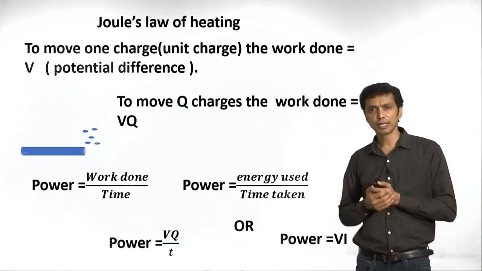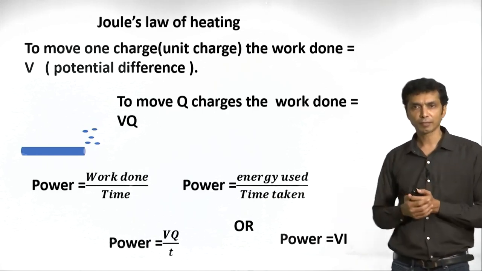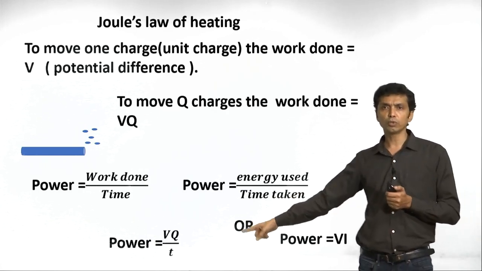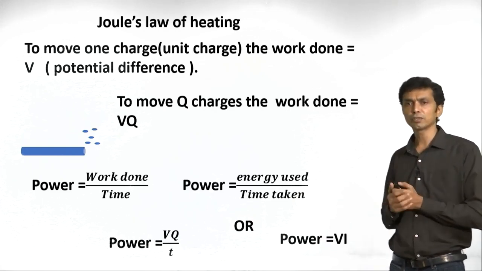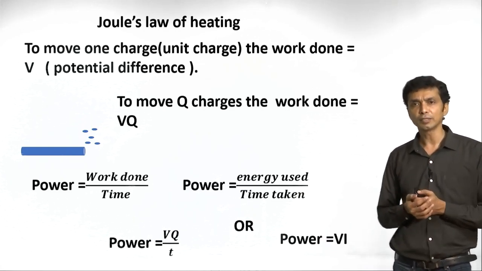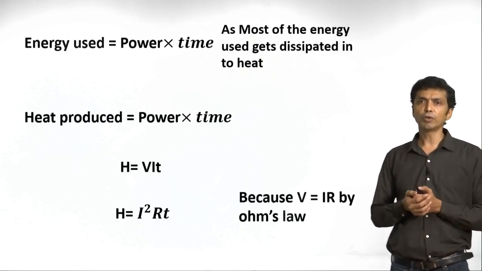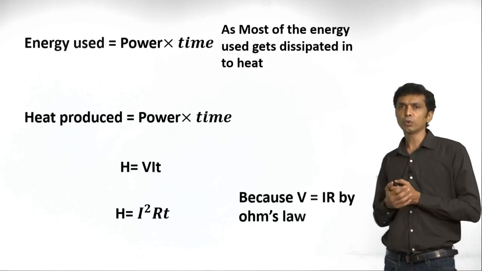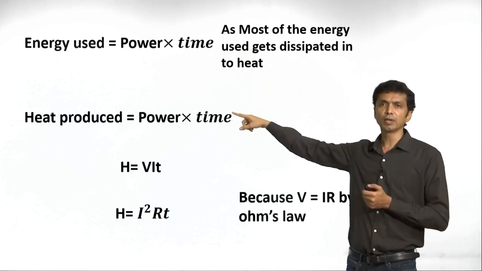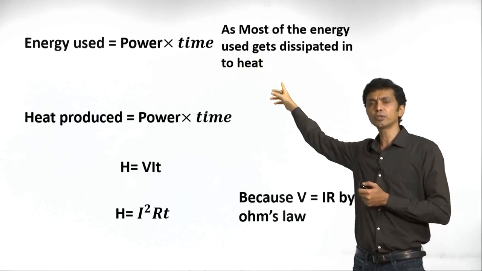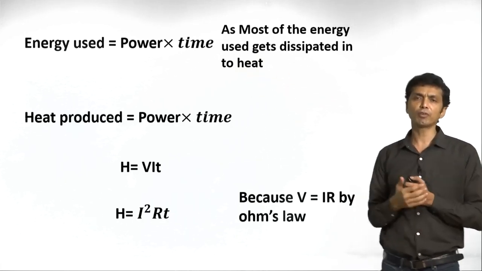So, work done, we have seen, is q number of charges being moved by potential difference V. So, work done is VQ and the time taken is T. We already know Q by T, initially we learned about electric current. Q by T means I. So, power is equal to VI. That is the formula to find power. We just said that power is equal to energy by time. So, energy is equal to power into time, by just cross multiplying the previous formulas that you just saw.